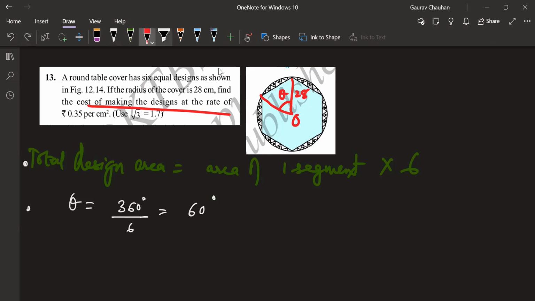And then after I get theta equal to 60, let me draw this. I'm going to draw this triangle outside. So this is my triangle. Let's call this A, B. This is O. I have this as 60 degree. So this angle is what? 30 degree. You will have to write the steps.